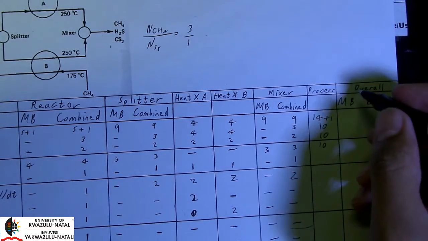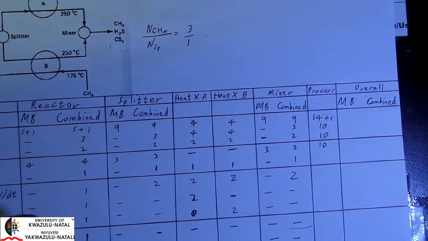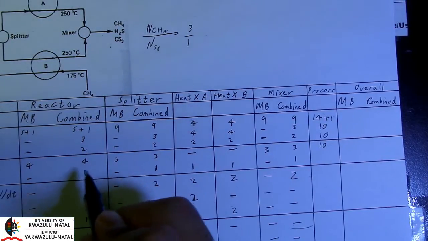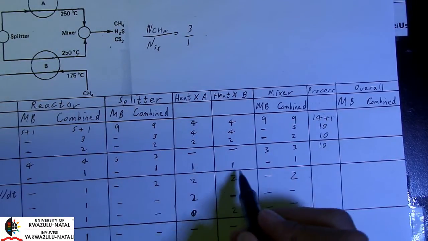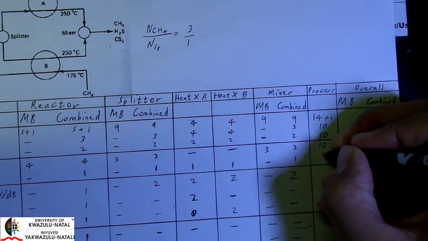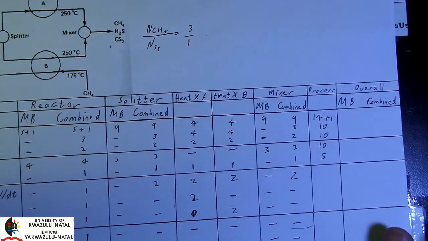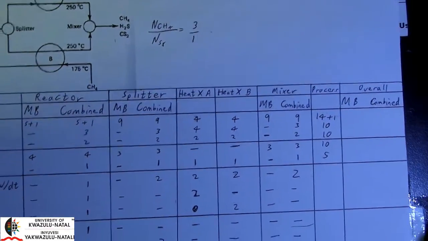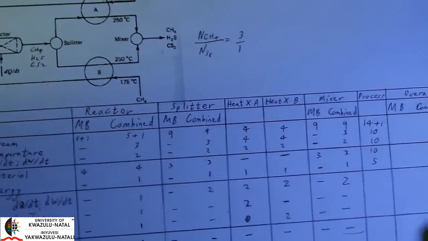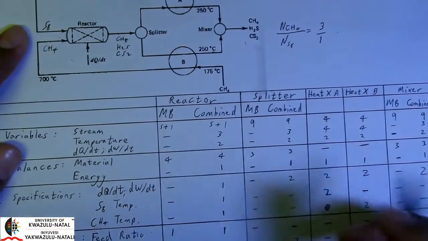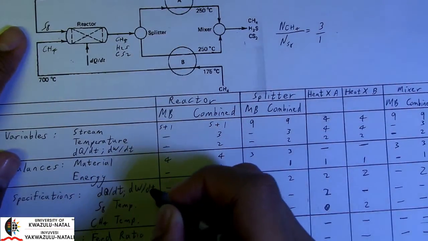10 material balances. In terms of the energy balancing, now we only count the energy balances. So I have 1, 2, 3, 4, 5. Okay, so that's equal to the number of units I have in my process. In terms of number of specifications, for dq dt and dw dt,